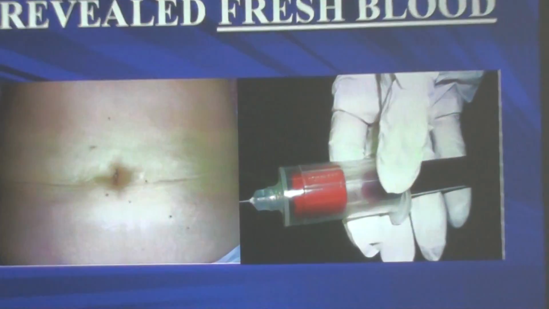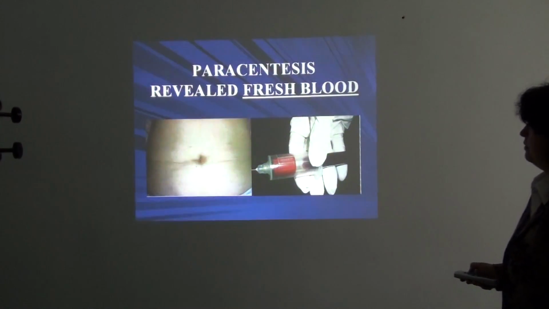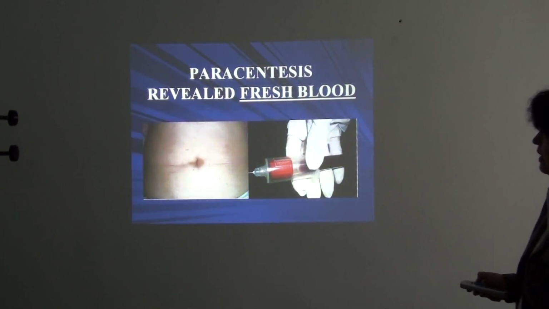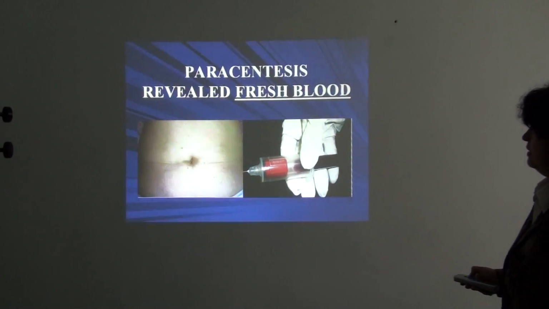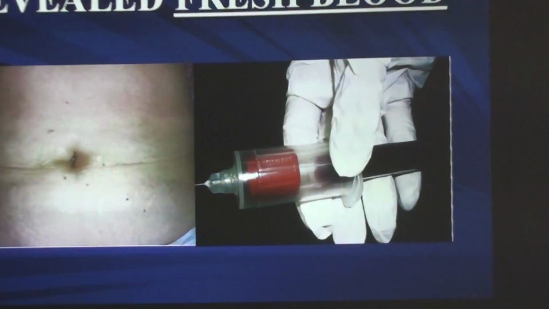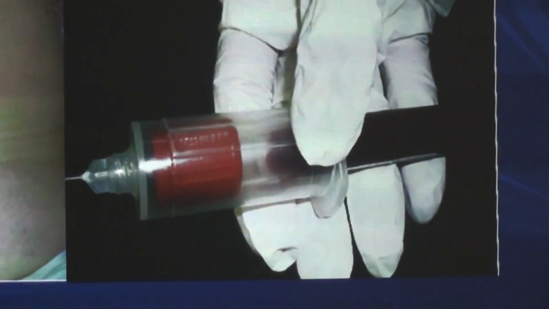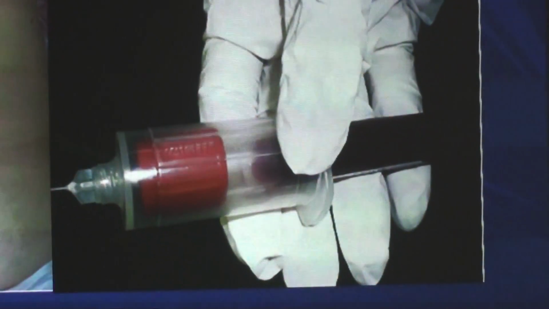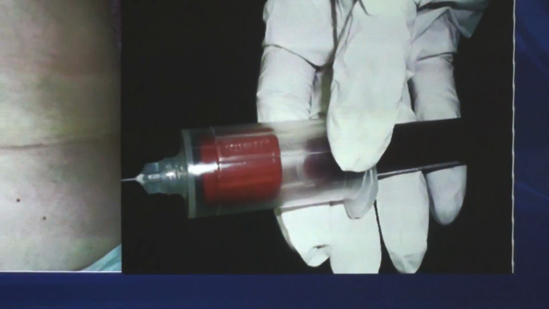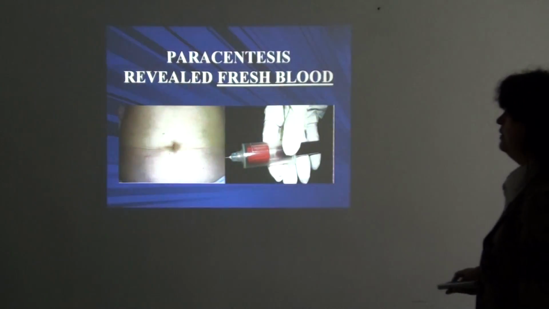In this slide, I put this image for you to see the paracentesis and the very unexpected and surprising result for us. At the time when we made the paracentesis, I discovered that the result was fresh blood, so the conclusion was that the fluid in the intra-abdominal cavity visualized at the abdominal echo was fresh blood, was hemoperitoneum.